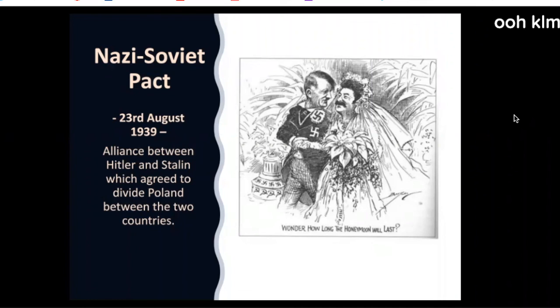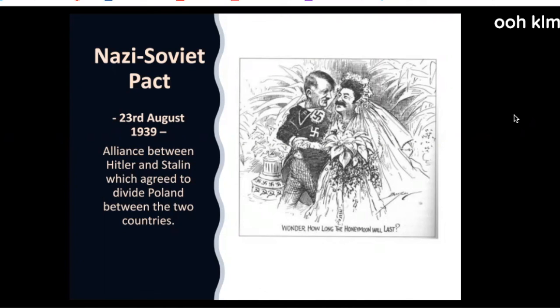Now, if you look at the bottom of that political cartoon, "wonder how long the honeymoon will last." Okay, so the honeymoon after a wedding is when you're super happy and you're super sure about your decision and everything's great, right? Do honeymoons last forever? No. It's the shine of a new relationship, but eventually can things go bad? Can you eventually break up? Yes. So is the author postulating that this agreement will end badly? Yeah, that at first it's good for both Germany and Russia, but eventually someone's going to break that promise, especially